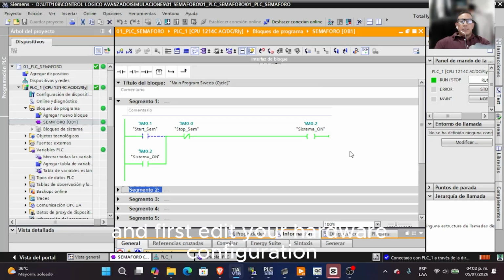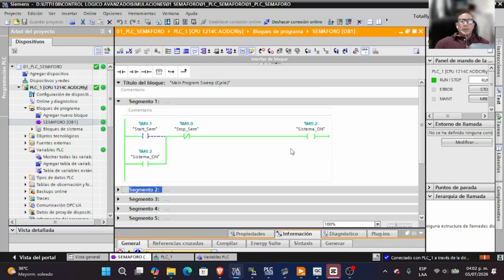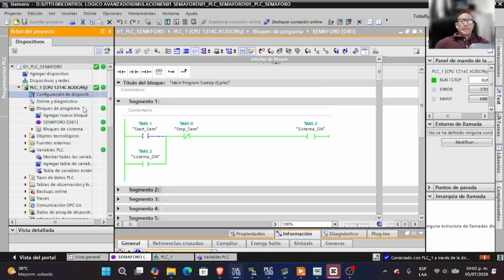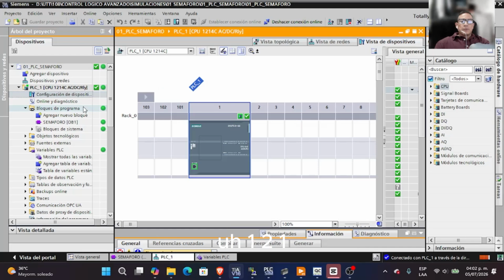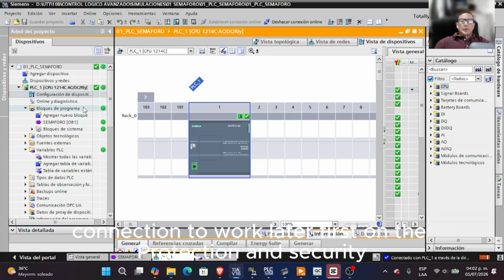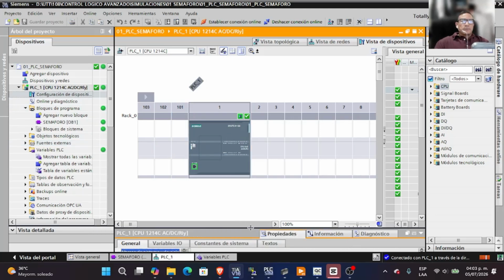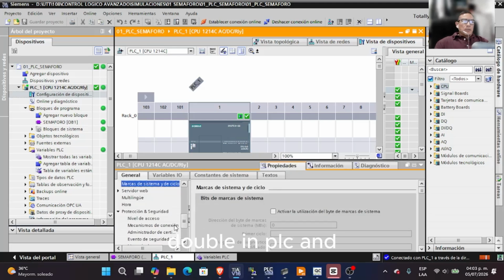First, the TIA hardware configuration. Let's start right here in TIA Portal in your device configuration. I'm using the CPU 1214C. We need to verify two crucial settings for the LabVIEW connection to work later. First, in protection and security, we must check the box that permits access with PUT/GET communication. In this case, it is here, double-click the PLC, and